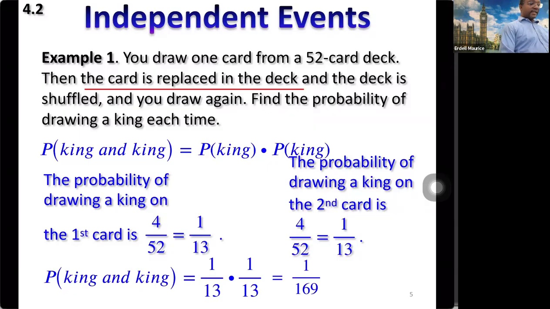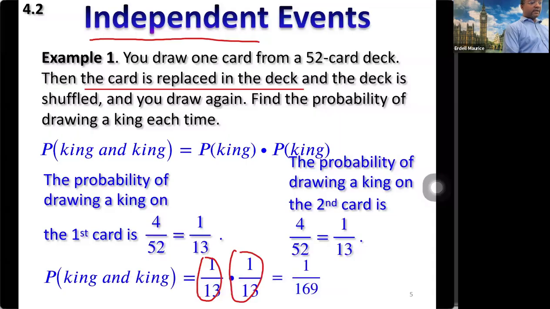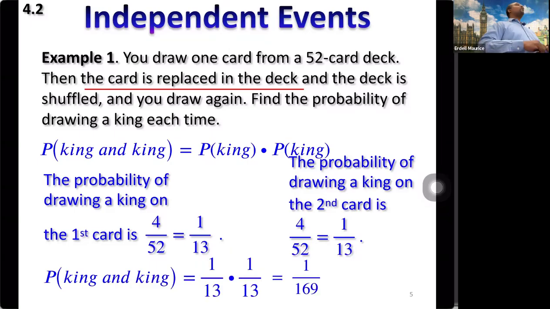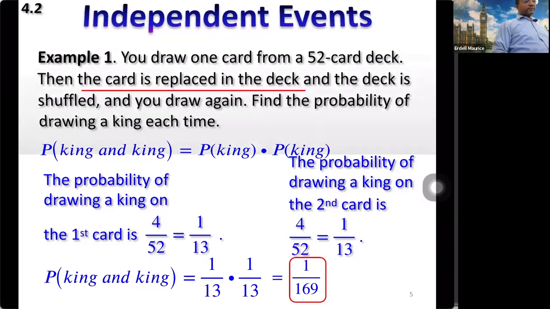The key thing right here is that the probability of getting a king and the probability of getting a king right here, those probabilities do not change. Whenever that happens, the events are independent. If one happens, it does not change the probability of the other thing happening. All right? On the other hand,